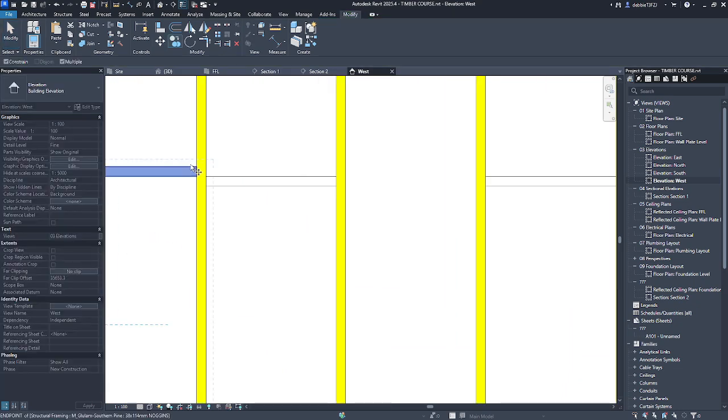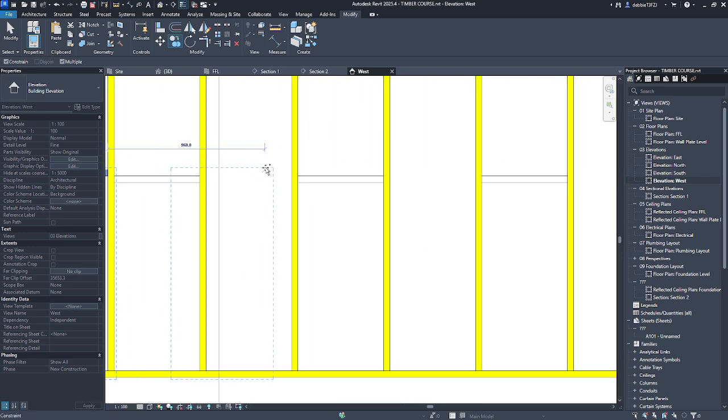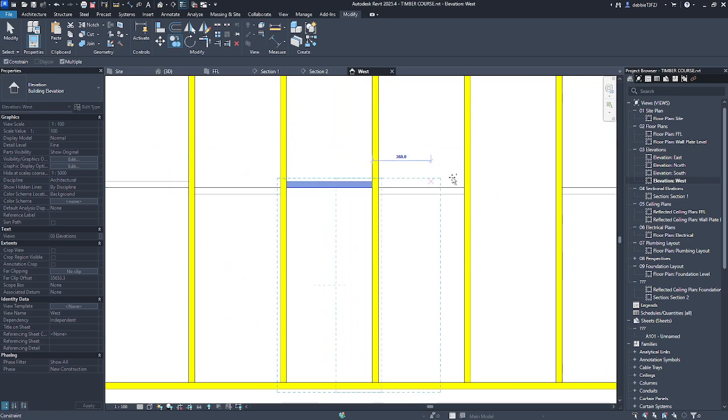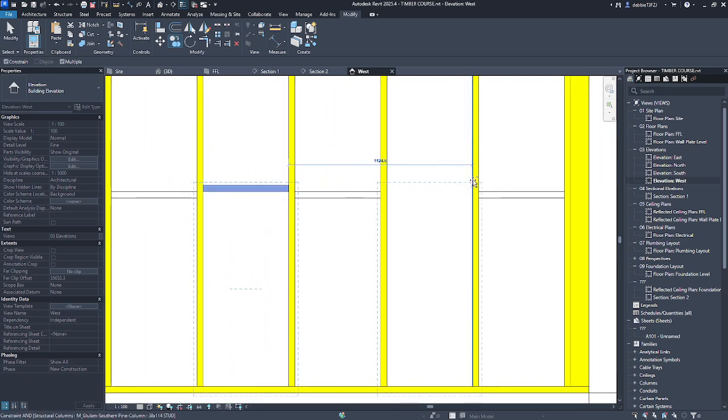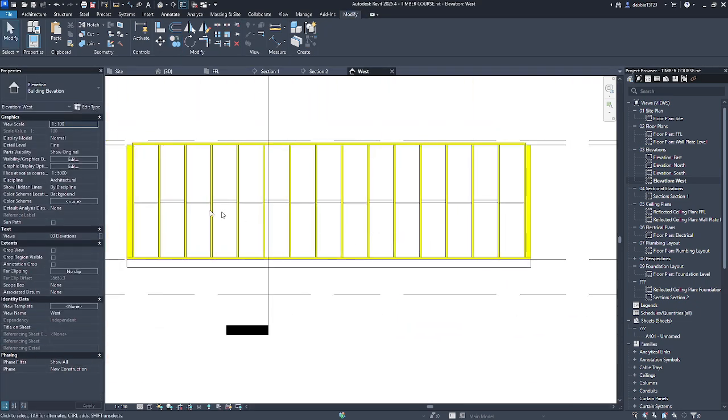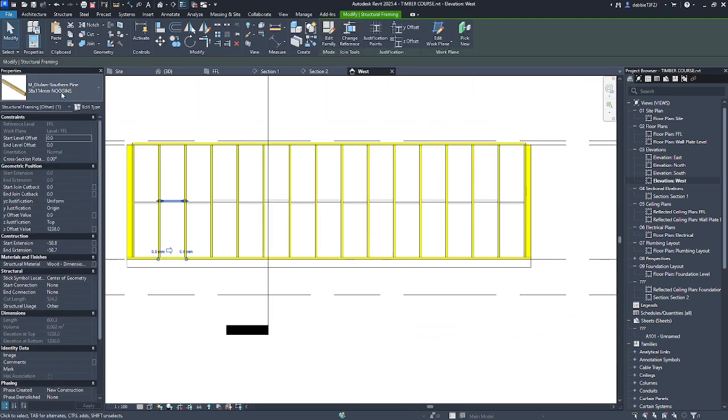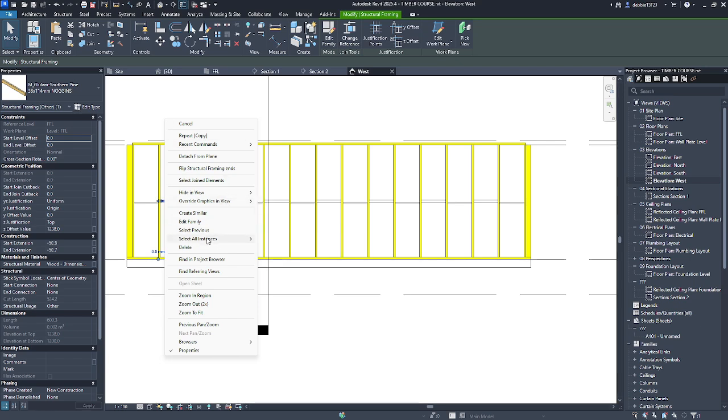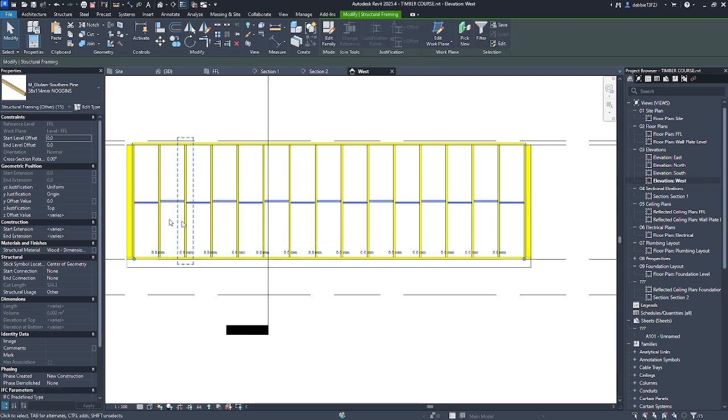Let's copy to all of our open spaces. Because we edited the properties, everything falls under noggins. So with one selected, right click, select all instances available in view, and it'll highlight all of them.